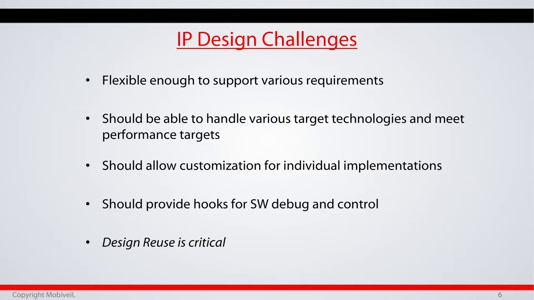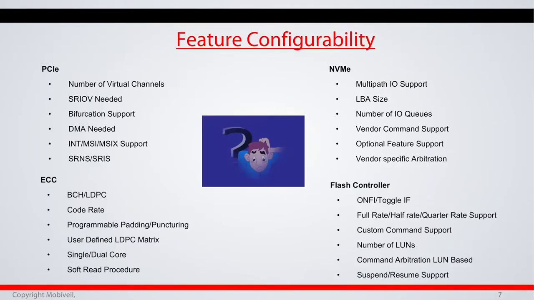And there has to be a lot of customization possible with the individual components, because the architecture should be flexible. You can pick and choose based on how many parallel threads, how many parallel channels you want to have. So the design has to be flexible. And of course, the software should be API based, where the customer can come in and add more to what we already have. And it should be reusable, because you want to do FPGA prototyping, you may want to do even the emulation, before you actually go to the tape out. So most of the things should be reusable. It should not be tied up with a particular technology.